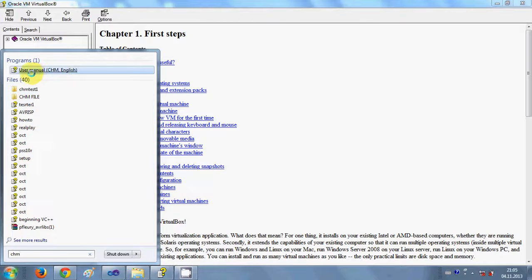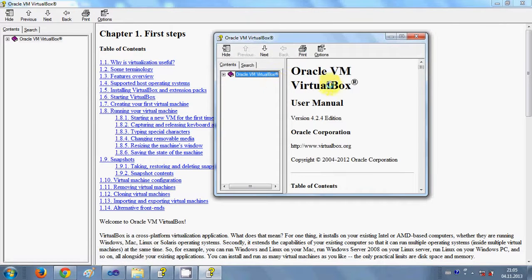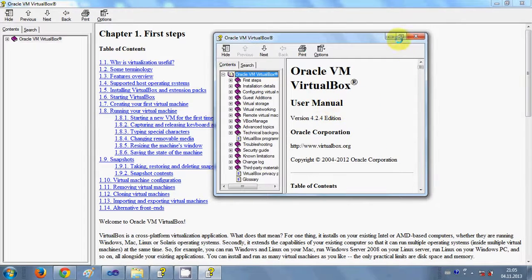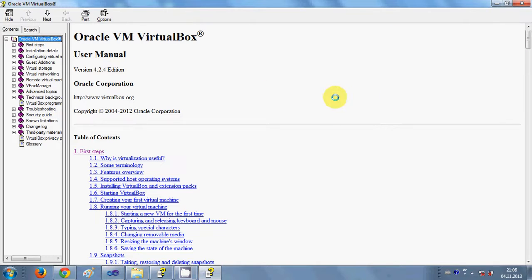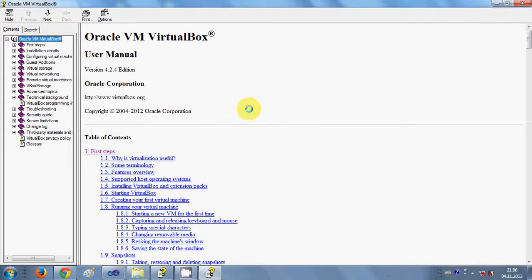So for example, I have this user manual. I open it, and it's for Oracle VirtualBox. So it's a user manual for this software. You can create a user manual, help provider, or books with this software, or with this CHM file. So let's get started, and I will show you how to create a CHM file and how you can find